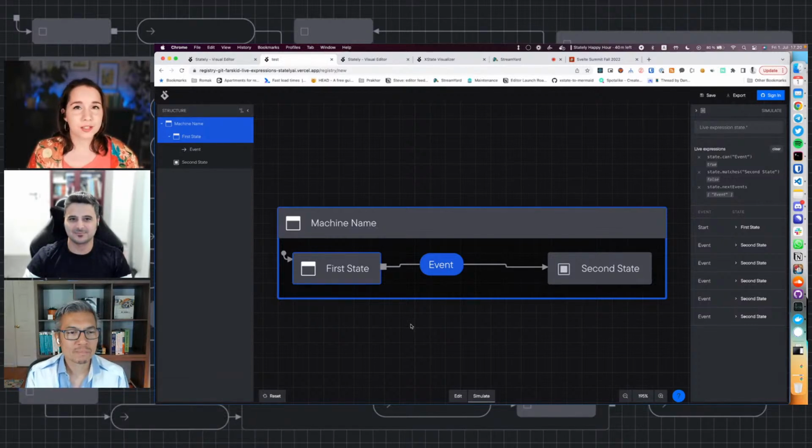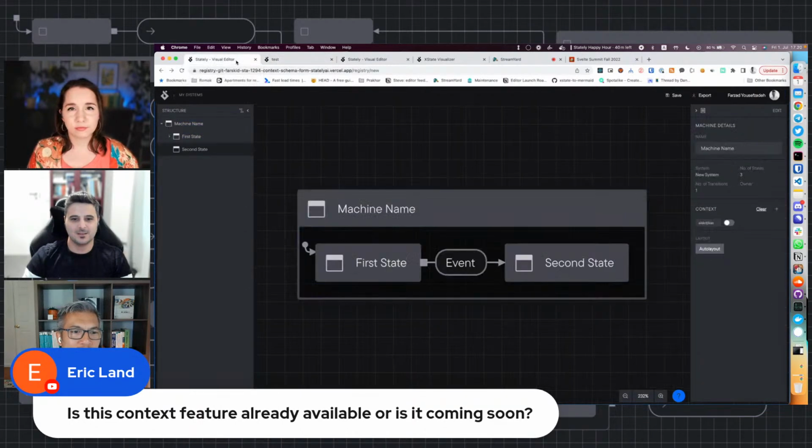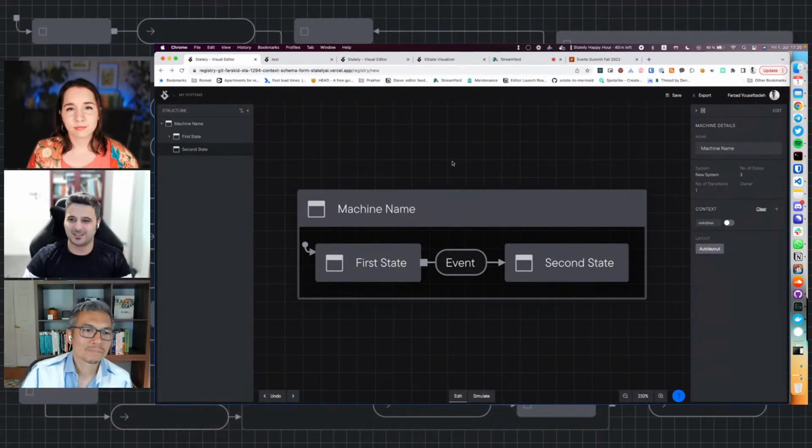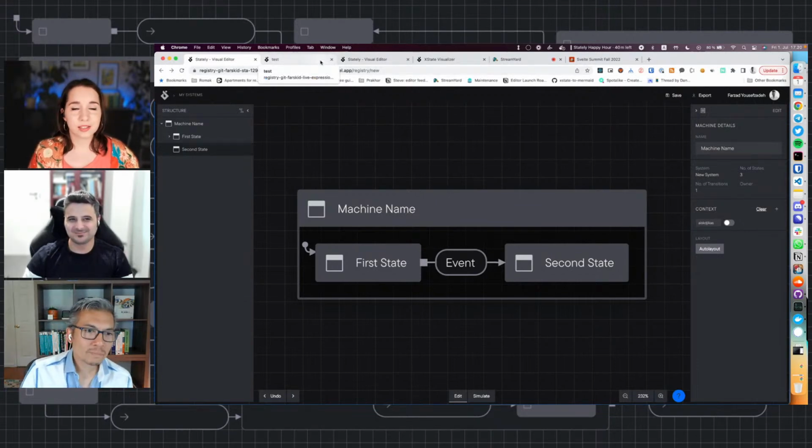Going back to the previous feature that you demoed, Eric asked, is this context feature already available, or is it coming soon? It's coming soon, probably very soon. We've got to see if we want to release it partially, or go for the entire scope of the MVP and release it at once. This is something that the team needs to decide yet, but it's going to be available soon. Eric, I'm going to tell you that personally. Don't worry about that. Yes, so if anyone has any feedback on that, whether they would find it useful to have it really soon in a more basic form, then let us know.